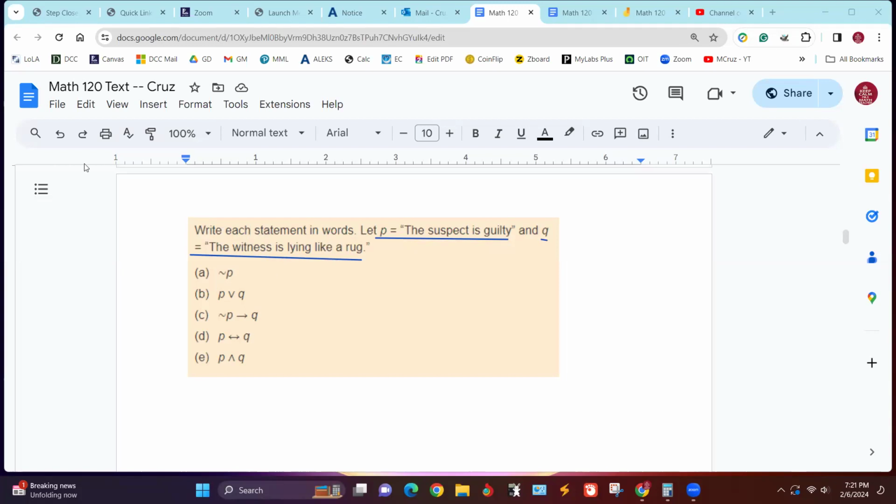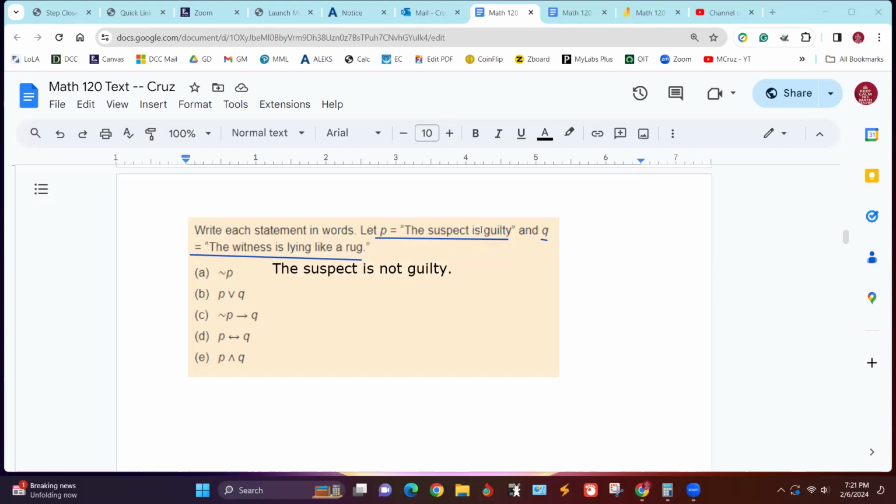All right, so on this first one, not P, and P is the suspect is guilty. So that's basically just saying the suspect is not guilty. It doesn't have to be capitalized or anything.